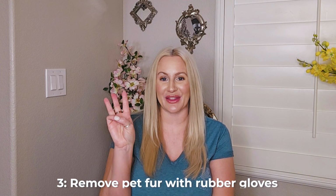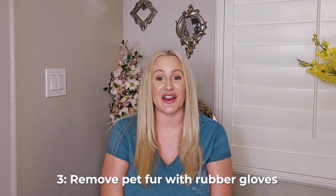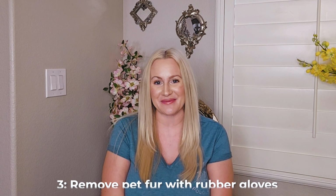Moving on to hack number 3, as a pet owner, dealing with fur is a constant struggle in my home. I used to go through way too many lint rollers until I discovered this trick, and the trick is to use rubber gloves. For this hack, all you have to do is put on some rubber gloves, dampen them slightly